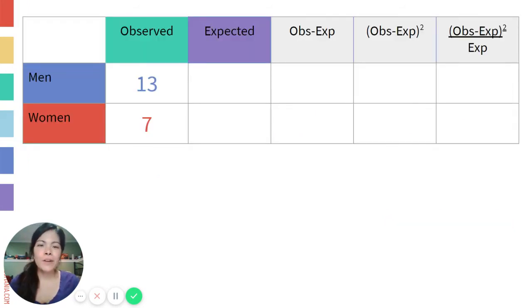Okay, so when you're actually doing a chi-squared test, I think it's easiest to set up your data in a table like this, where you have your categories on the side here. So our two categories are men and women. And then we have all of the components of figuring out a chi-squared value across the top here. And we'll run through the steps that you have to take to fill out this table. Okay, so the first column is just what you actually got in your study. So this is just your actual results, what you actually counted, 13 men, 7 women. So I have faith that you can all fill out this observed column since it's just counting.